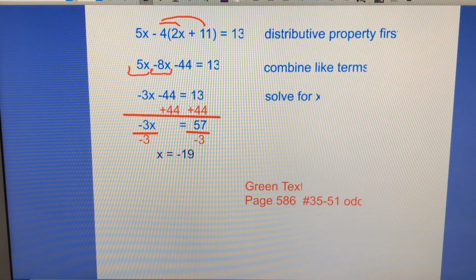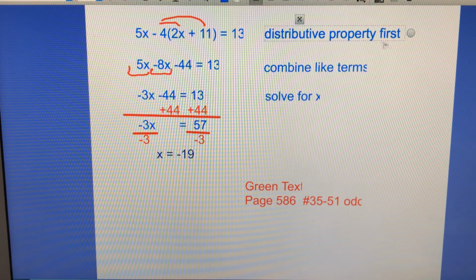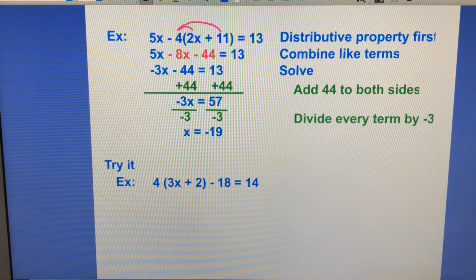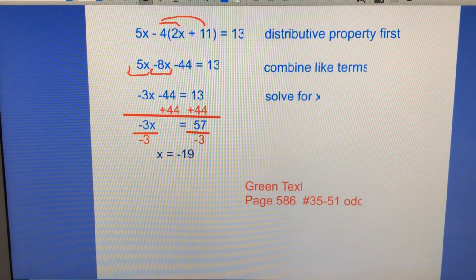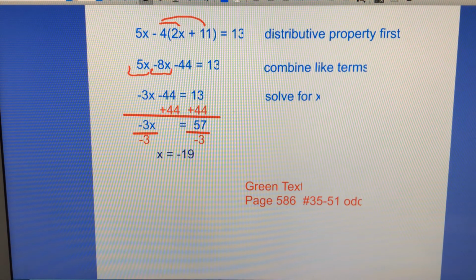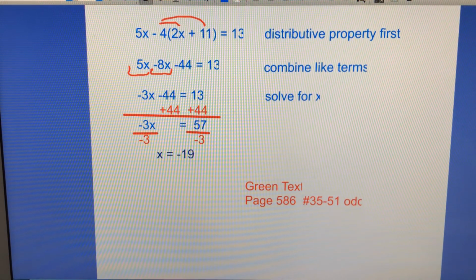Here is my solution. I show you the steps. Wait, let me make sure this is the right... oh, it's a different problem. That didn't help you. I thought this was the solution to the original problem. Sorry. So go ahead and you can take a look at this problem and see what I've done. Sorry about that. But I'm going to go ahead and move on because we are finished with our